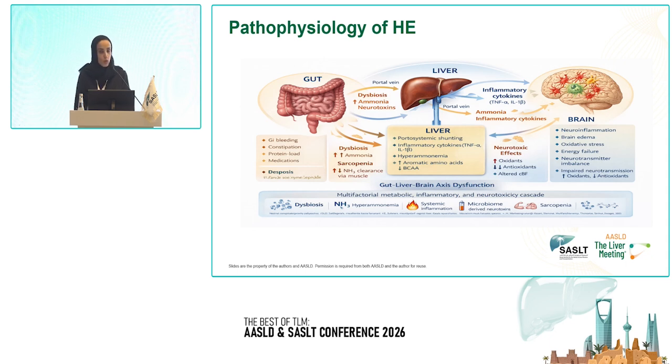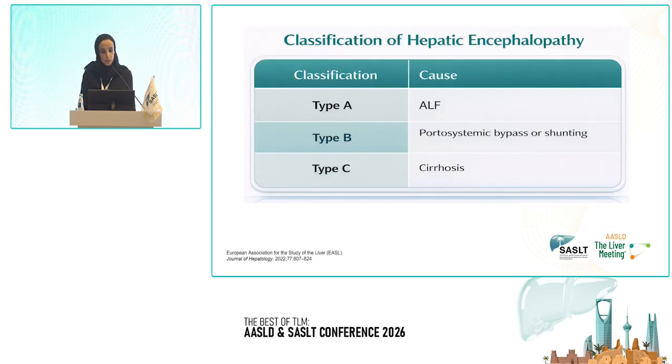And also, as we know, liver cirrhosis is a pro-inflammatory state which leads to liver inflammation and microbiota activation. This will trigger dysbiosis and further neurotransmitter release in the brain and further hepatic encephalopathy manifestation with brain edema.